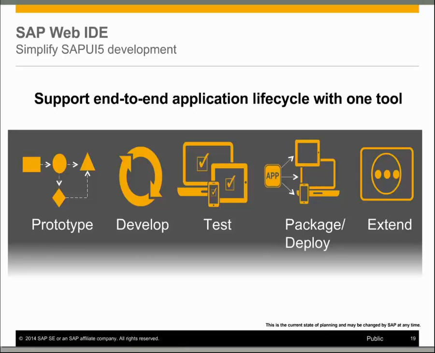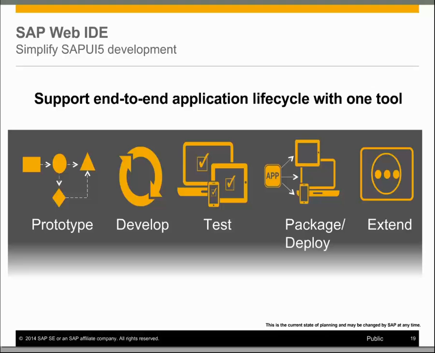So basically, it's a simplified UI5 development toolkit which supports end-to-end application lifecycle with one tool. So that means you can develop prototypes, you can develop your main application, you can test it on the browser, and the advantage is, if you want to test it on a smaller screen,